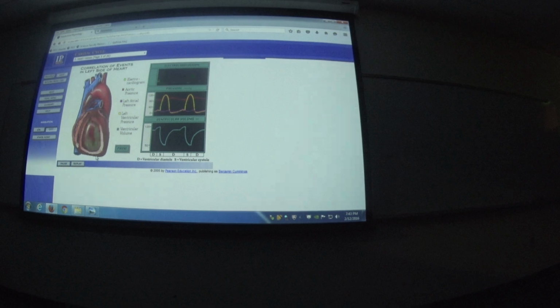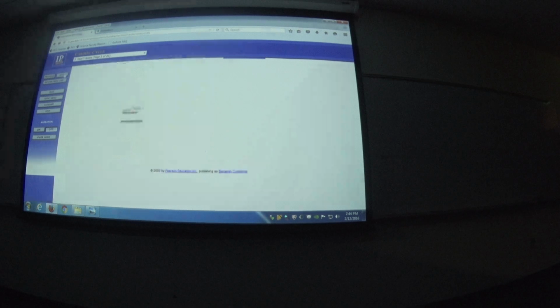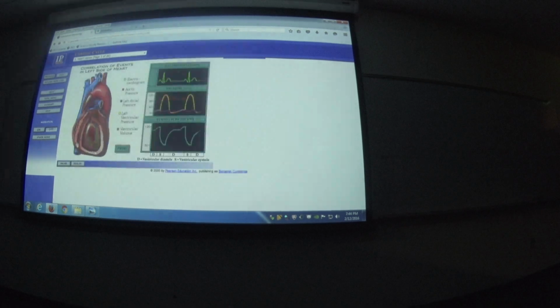Because that's the next set of graphs we have to learn for the next hour. It's that guy. So this is an ECG or EKG, depending on how you learn to spell it. That's a measurement of the electricity in your heart. So this corresponds to what these other graphs are doing. So we're going to take a detour and learn the EKG for the rest of the night. All right? And we'll come back to this. So don't worry, we'll come back to all the graphs. But till then,